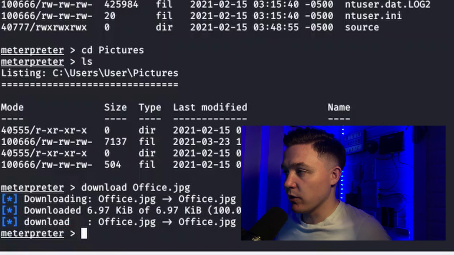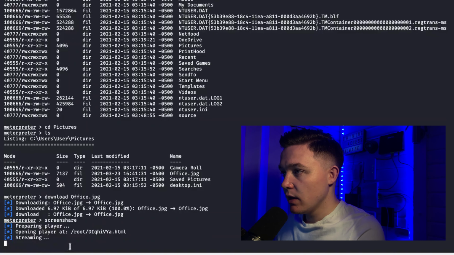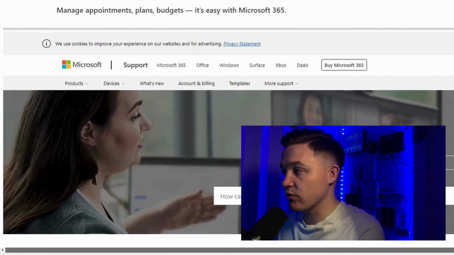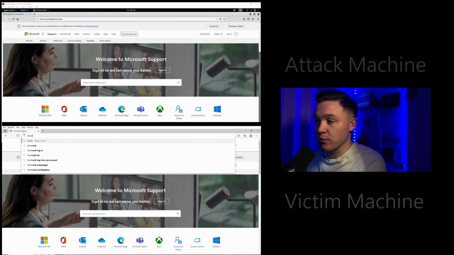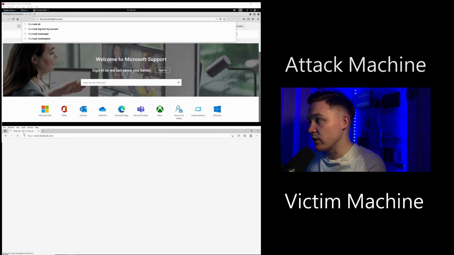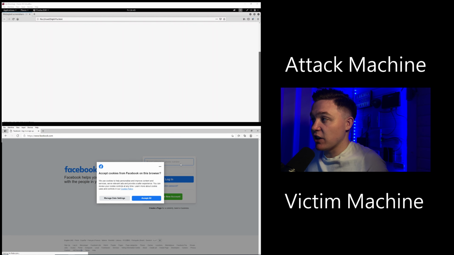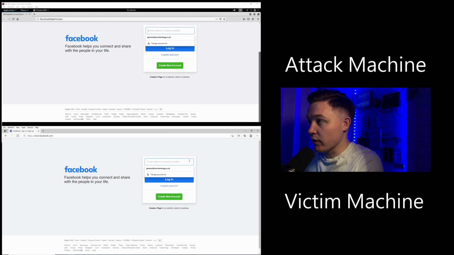So we can also see what the victim sees on their screen. So I'm going to enable screen share. I can take screenshots of potentially useful information that the victim has on their screen. For example, if they had their emails open and I was looking at the calendar bookings such as maintenance on the company building, if there's enough information on the screen, I could call the company and socially engineer the victim to think that there was a discrepancy of payment of the call out and direct them to my web server